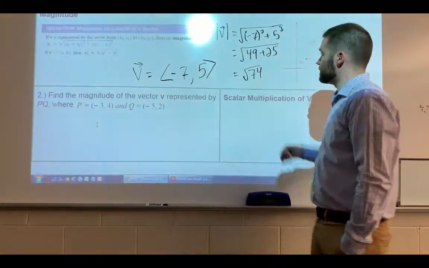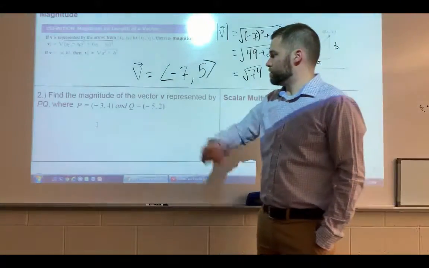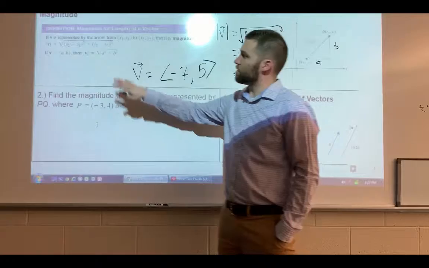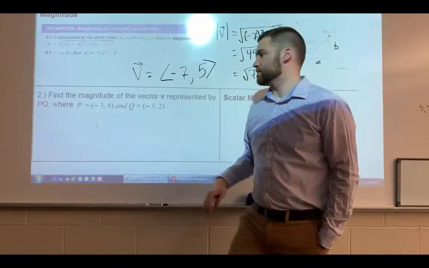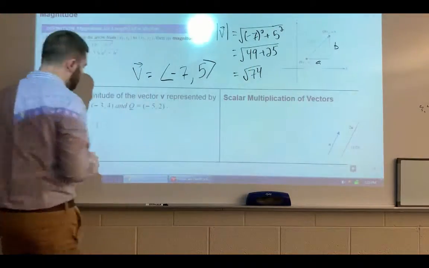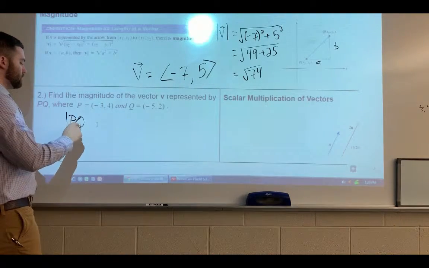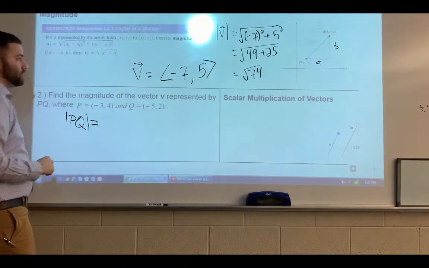I did an example here for you. Find the magnitude of vector v represented by PQ. We're going to do a similar thing, except now we have the points, so we have to use the distance formula. To do that, we'll write this: the magnitude of PQ is equal to